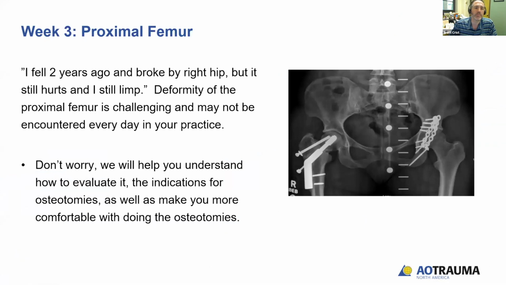So this is the proximal femur module, and this is a patient of mine who fell 2 years prior and was continuing to complain of right hip pain and was still limping. This deformity can be challenging to evaluate and may not be something that you encounter every day in your practice. So the goal of today is to help you not stress out and not worry,